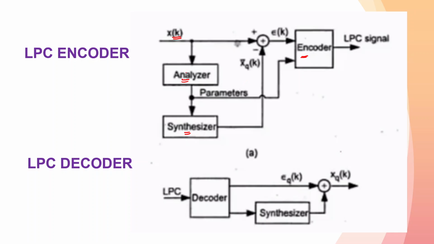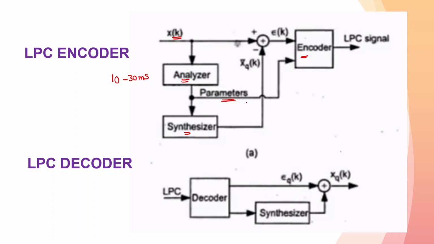The speech analyzer is a signal processing block which processes the signal block by block, each 10 to 30 milliseconds long. The parameters like the prediction error filter coefficients, the voiced or unvoiced parameter, and the pitch period are the output of the analyzer. It gives the complete description of the signal